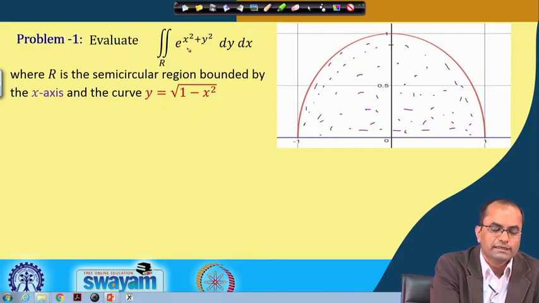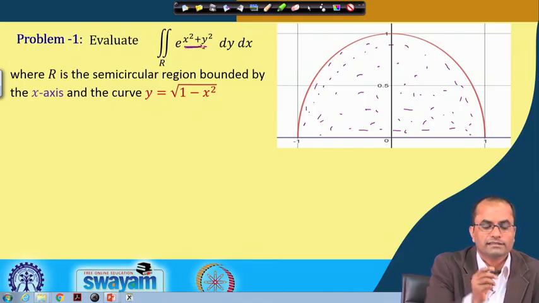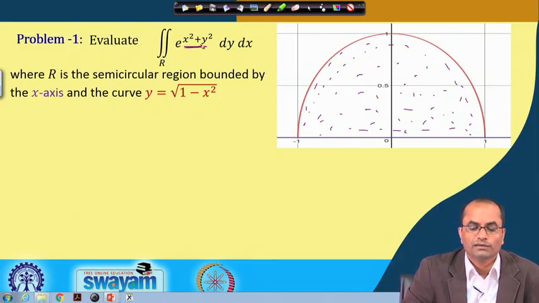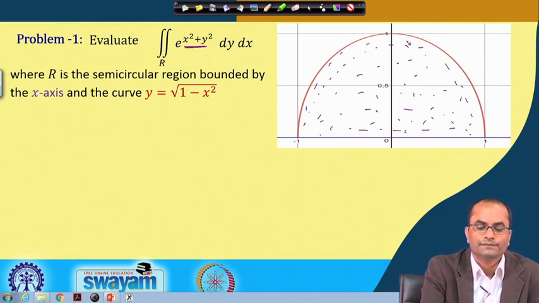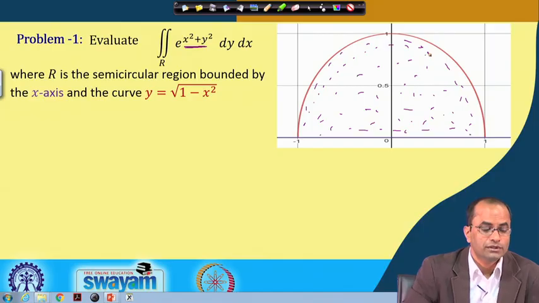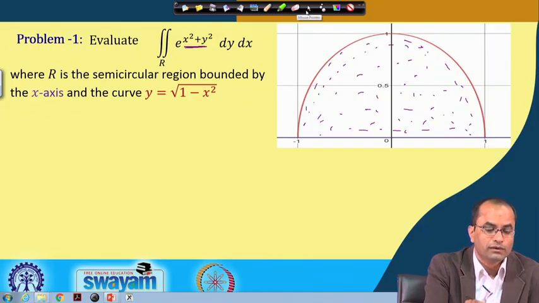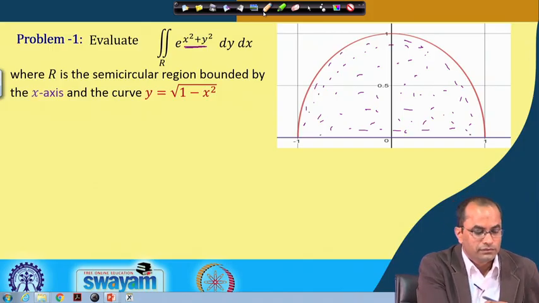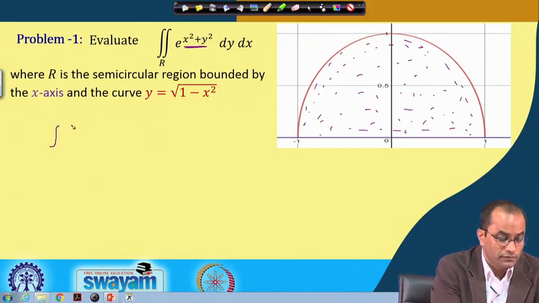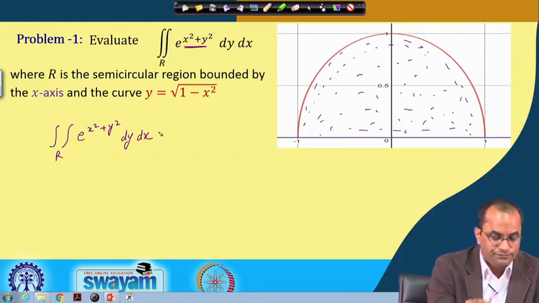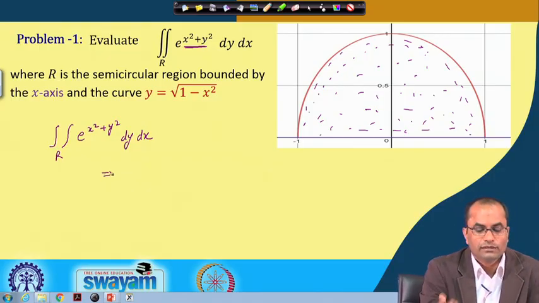Secondly, our integrand here has this term like x square plus y square. So, that will also make it easier for the evaluation of the integral. So, if we now compute the integral, so that will be over r this e power x square plus y square, and that is given as dy dx. So, here if we write down in the polar